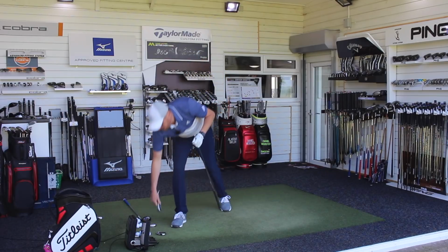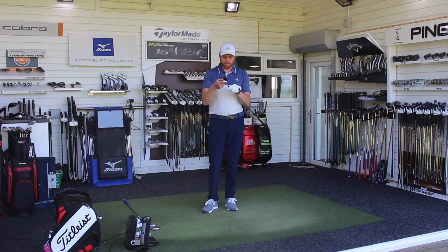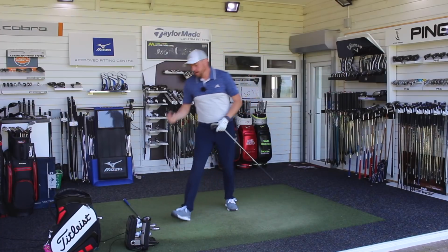So for me here, I'm just using the kit that we've got here at Lytham Golf Academy. So it's really easy for me. I can just pop the same shaft into the different heads. The lie angles are all the same. Obviously just the head weights change a little bit more than normal. But we've got 9-iron at 39 degrees. So it's quite a big